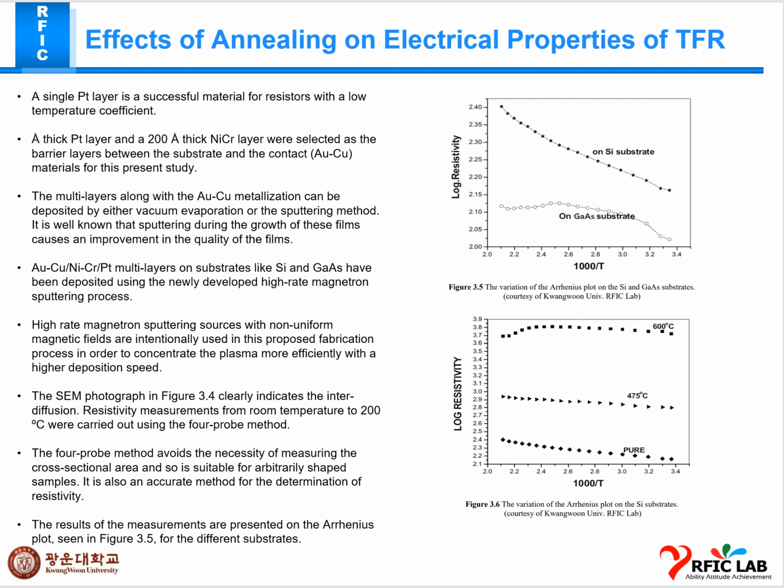And in the SEM photograph, this figure with the previous figure, with the previous slide, clearly indicates the interdiffusion. Resistive measurement from room temperature to 200 degrees Celsius was carried out using the 4-probe method. The 4-probe method avoids the necessity of measuring the cross-sectional area. It is also suitable for any shape, and it is also an accurate method for the determination of resistivity, and the results of measurement are presented in the plot, as you can see in this first figure, for the different